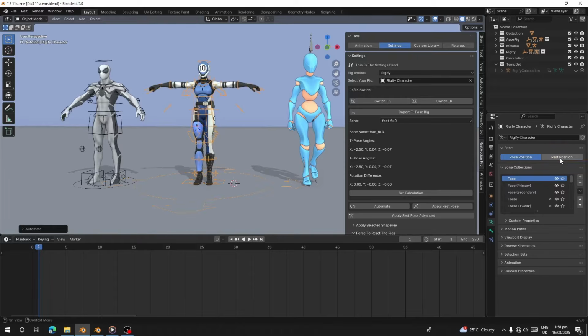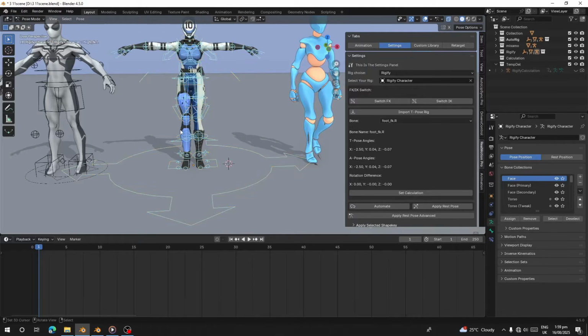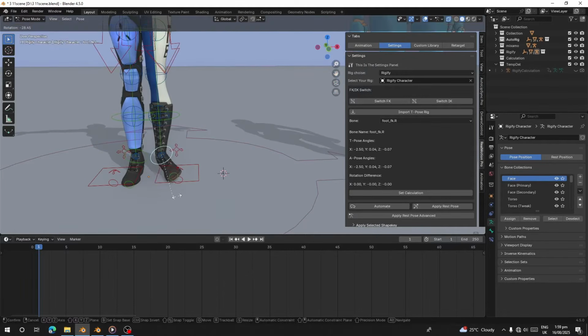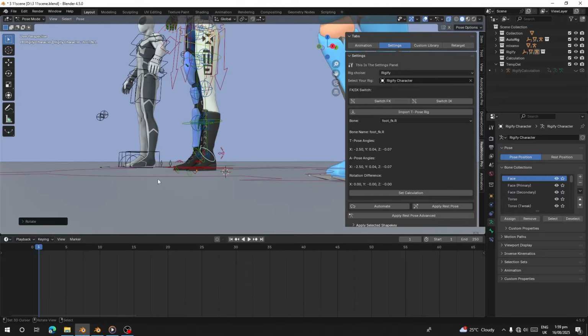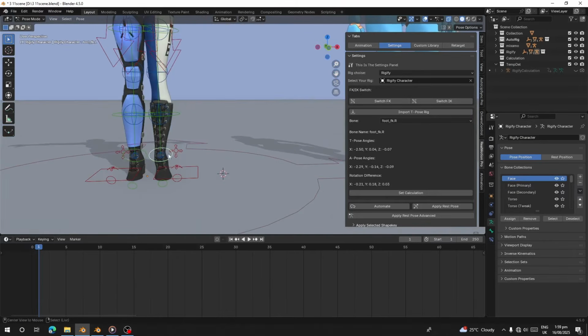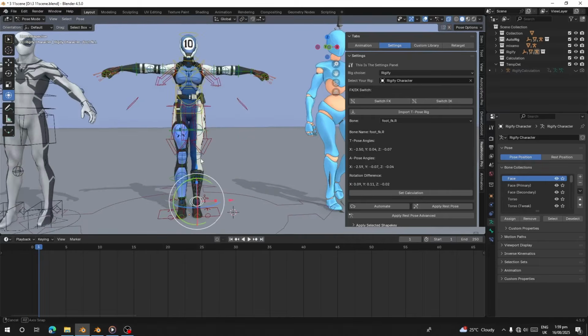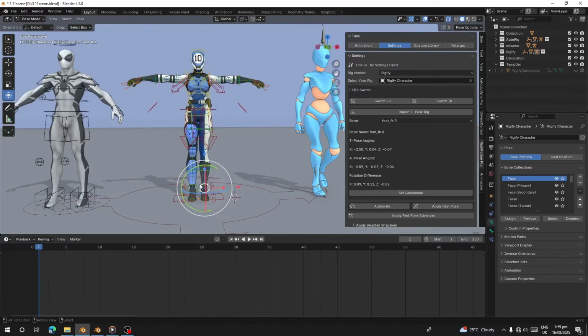So when I go to rest pose, it's still in A pose because we haven't applied the rest pose to the rig. When you click automate and click OK, you may see the character's leg has been rotated somewhere like this. Sometimes it can be like this and it's not straight. Make sure you go to pose mode and rotate the leg so that it will be straight like this. Okay, it's going to look like this. And then, after you have adjusted the rig to make sure it looks fine,